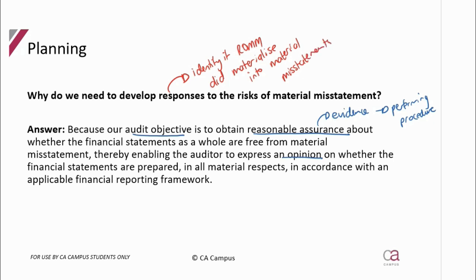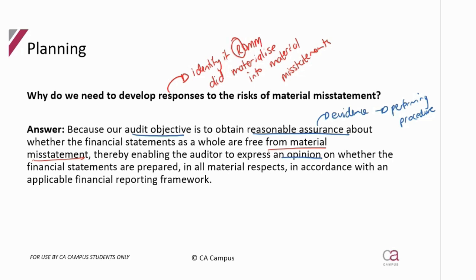And here's the word that's missing, and that is the risks. Did the risk that there could be a material misstatement actually materialize? It's no longer a risk. There was a material misstatement in the financials, and I need that because of my opinion, which is to say whether they are free from or include material misstatements.